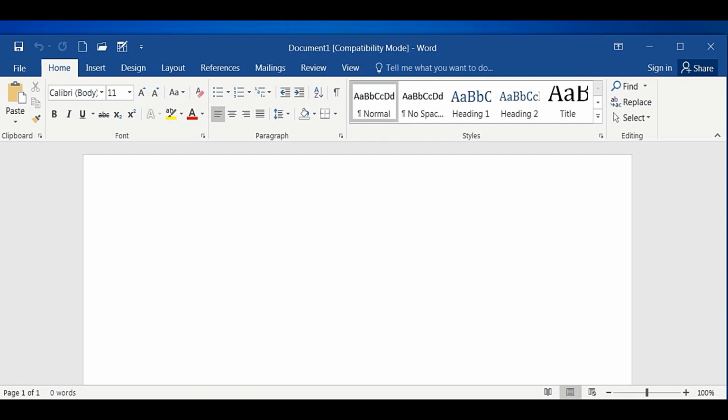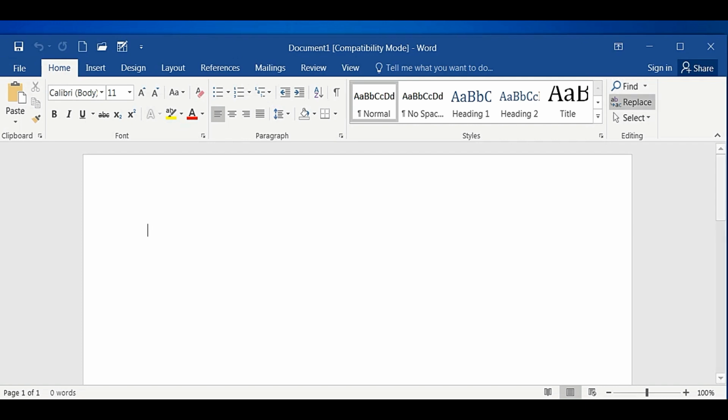You can change the spacing and alignment. All these things come under the Paragraph group. And styling of the word, everything comes under the Styles group. And Editing, like find, and replace if you want to find something. All these things come under this one. So in the ribbon it is grouped according to the nature of the operation.